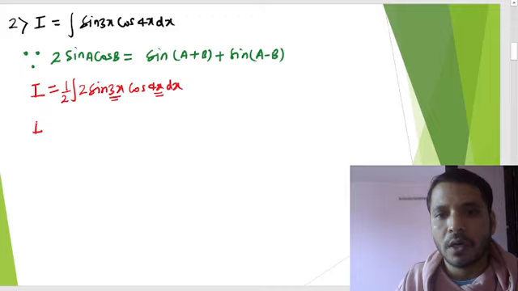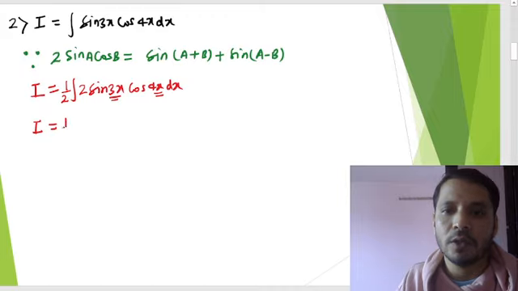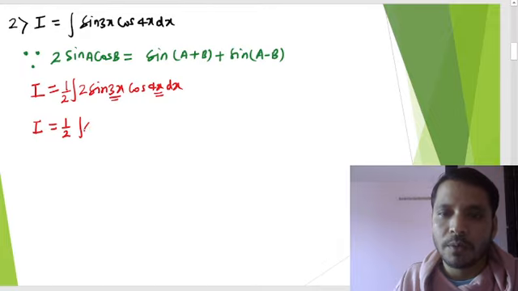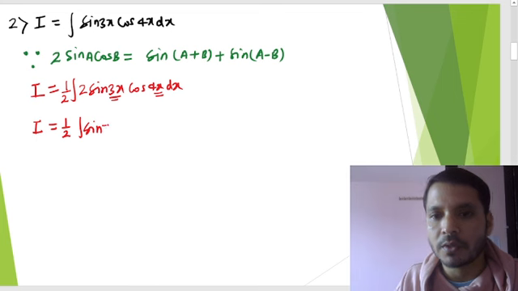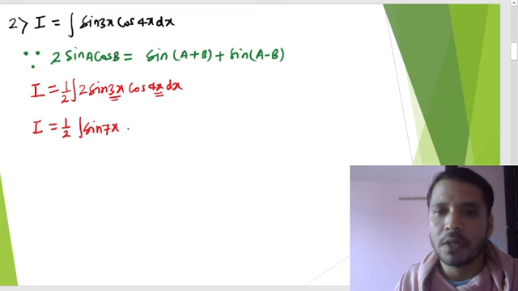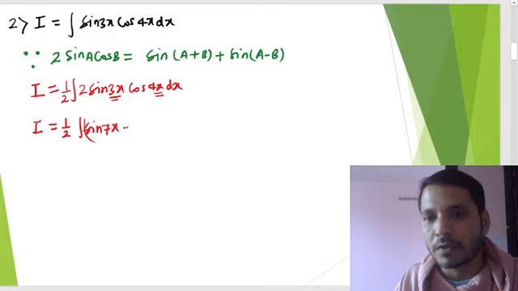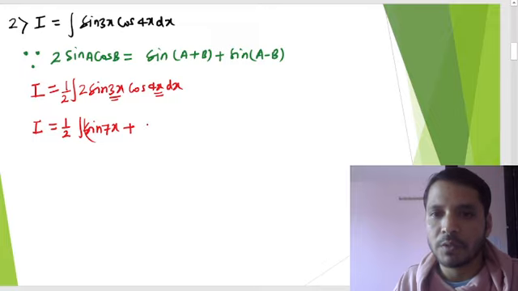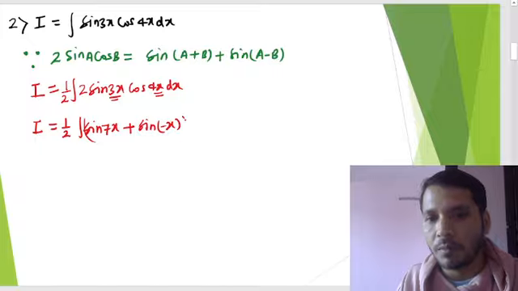So we can write I is equal to 1/2 integral of sin(A + B), that means 3 + 4, 7x, plus sin(A − B), that means 3 − 4, that is −x, and bracket close